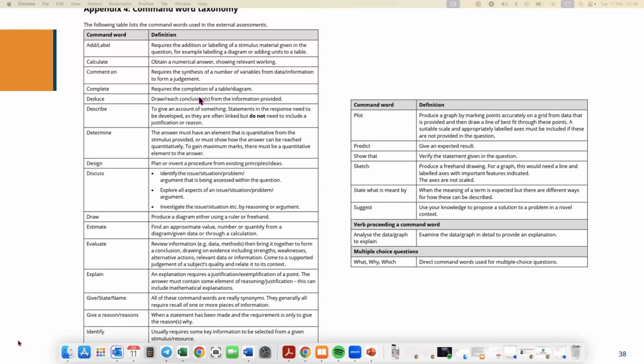Now, we're possibly not as fussy at IGCSE level as it is at A level. At A level, which I've been marking recently, if the question starts with the word deduce, whether the student was correct or not, if you don't write a conclusion, like, and so the student is not correct, you won't get that final mark, right? Determine is,